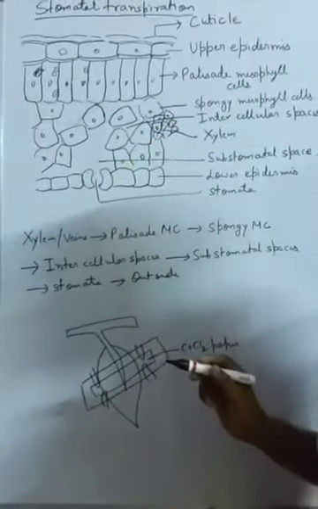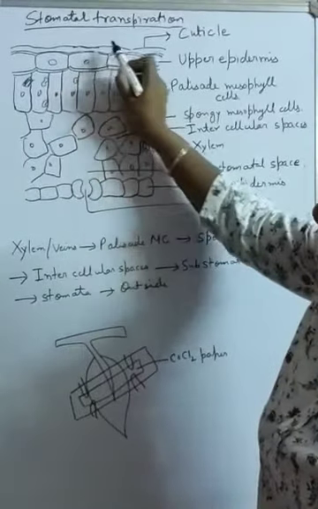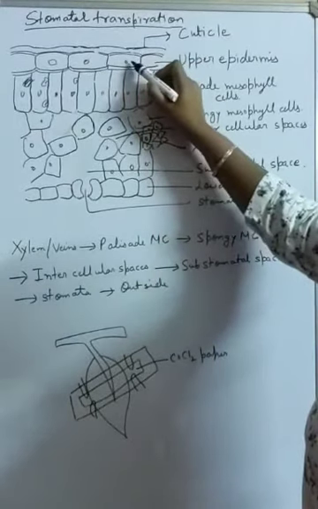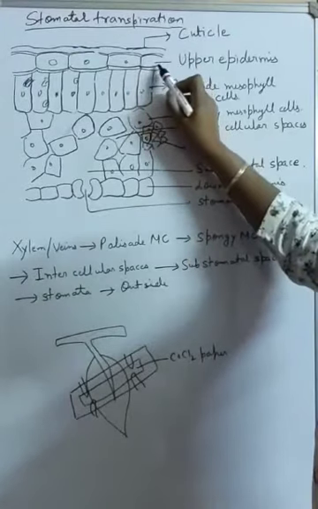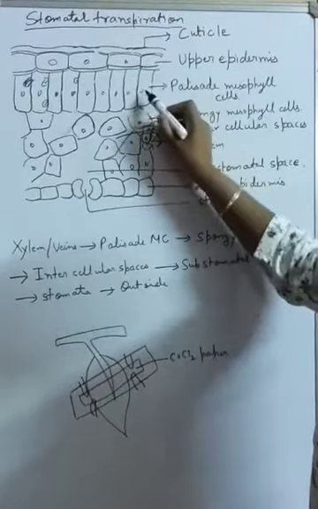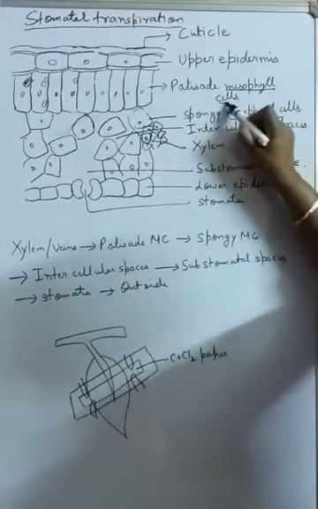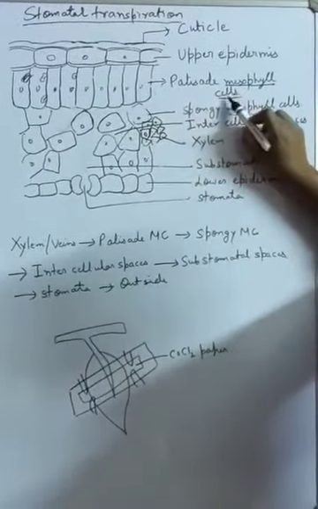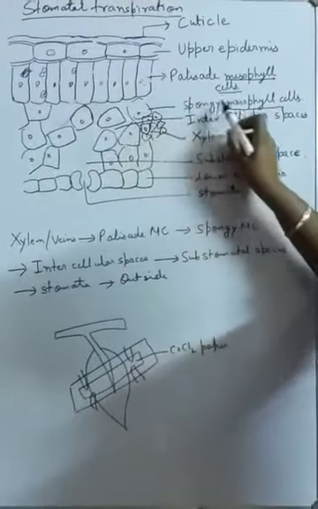Okay. So let's see the structure of leaf first of all. This is the outermost layer, that is cuticle, the thin waxy layer which is secreted by upper epidermis. The function of this cuticle is to stop transpiration. Then the upper epidermis, okay, after upper epidermis there are two layers of mesophyll cells. Mesophyll cells are found only in leaves. So you can see the first layer of mesophyll cell, it is called palisade mesophyll cell. And after palisade mesophyll cell, there is second layer of mesophyll cell called spongy mesophyll cell.